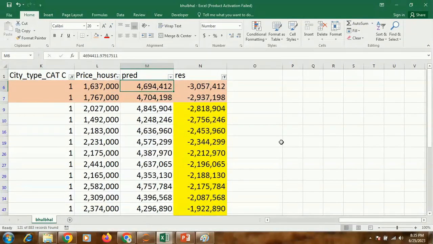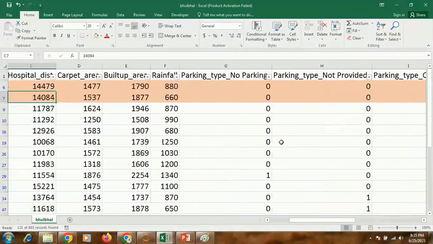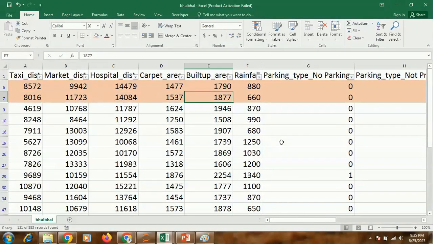These are very similarly priced, at 16 lakhs and 17 lakhs in city type C, and these are the most reasonably priced houses. So based on his requirement, this is how we are going to recommend.